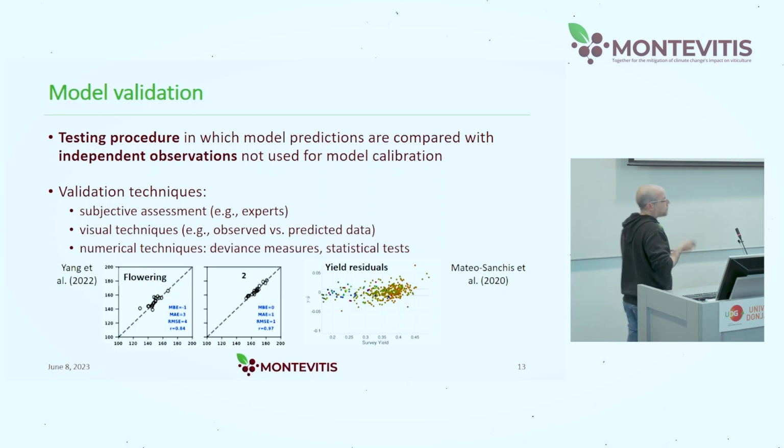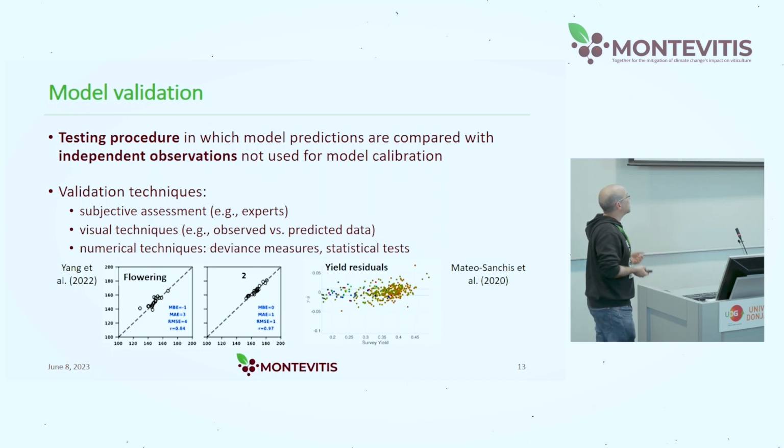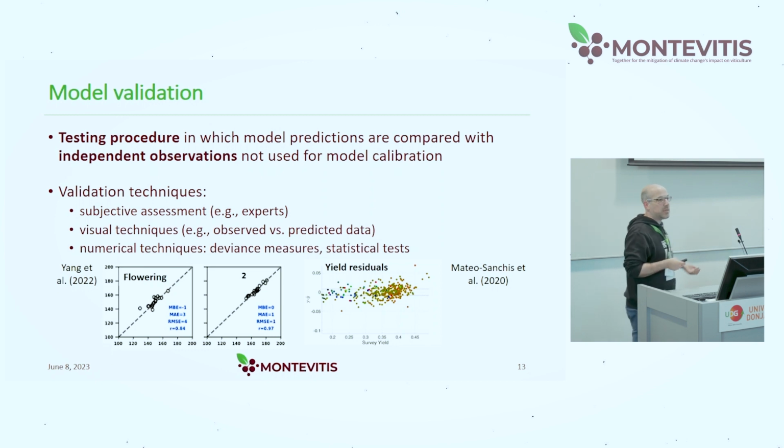You know that there are a lot of validation techniques that could be for experts or related to the expertise of the people, could also be visual techniques, like how far the points are from the 1-1 line, or other numerical techniques like deviances, R-square, root mean square error,